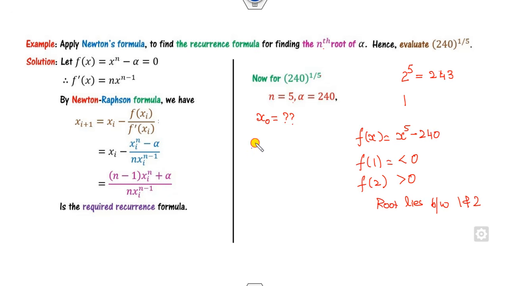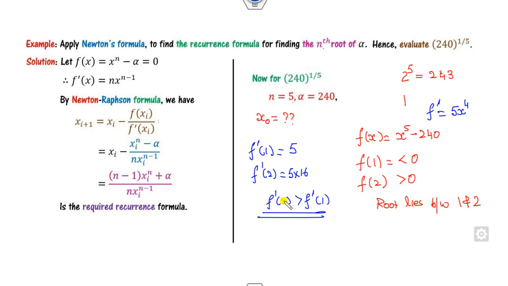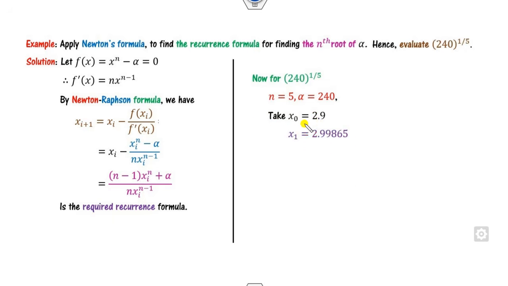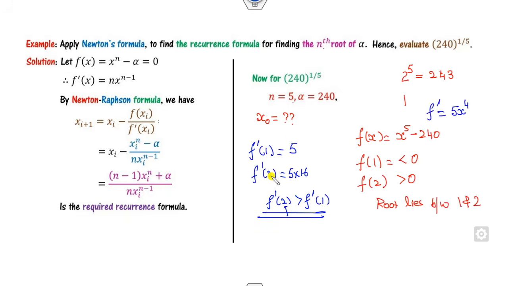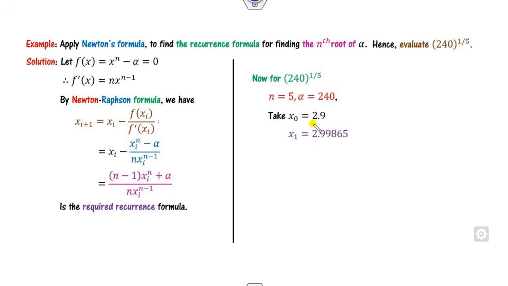And how can you choose x naught? You can check the derivative at 1 and at 2. What is my f dash? 5x raised to power 4. So at 1 it is 5, at 2 it is 5 into 16. Clearly f dash of 2 is greater than f dash of 1. So I can choose the x naught which is nearest to 2. So I can choose 2 or 2.9, anything. Now once you substitute x naught as 2.9,